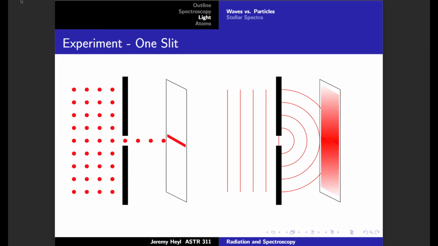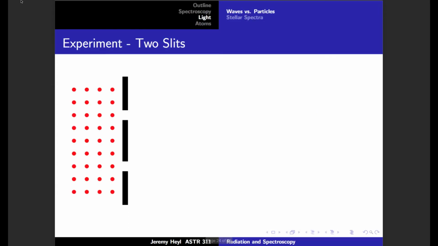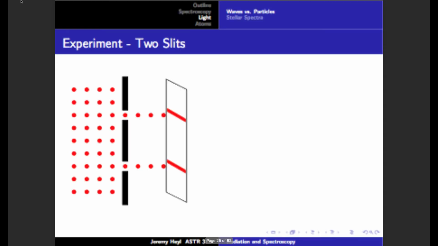So there's a key difference. Now, when we add, it gets more complicated, where if we imagine we had 2 openings. And if we had 2 openings, well, in this case, we just get 2 stripes. That kind of makes sense. But if we have 2 openings with a wave,